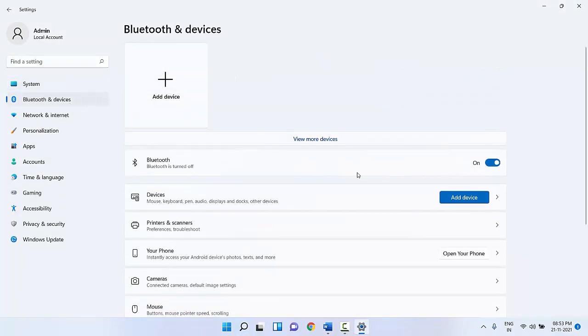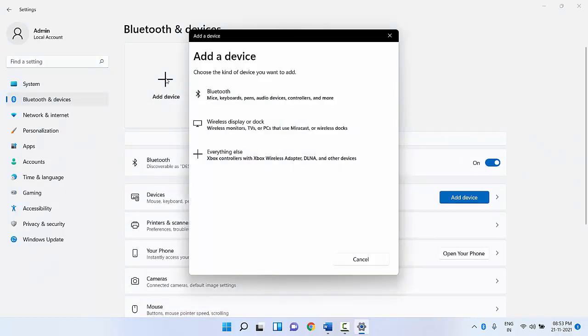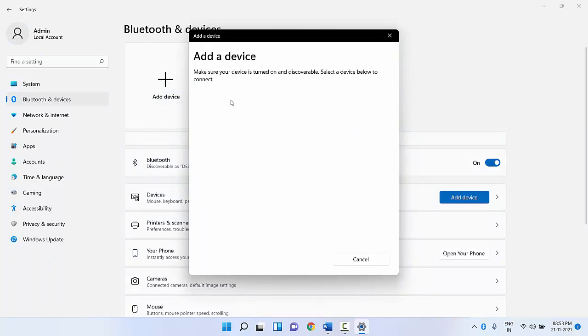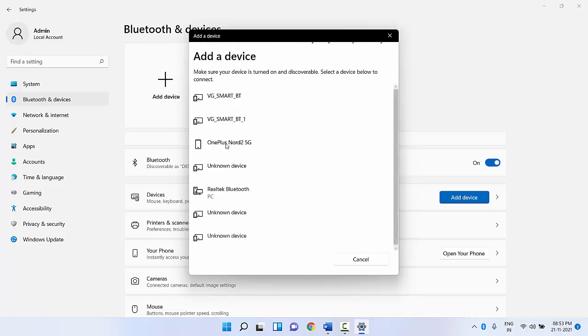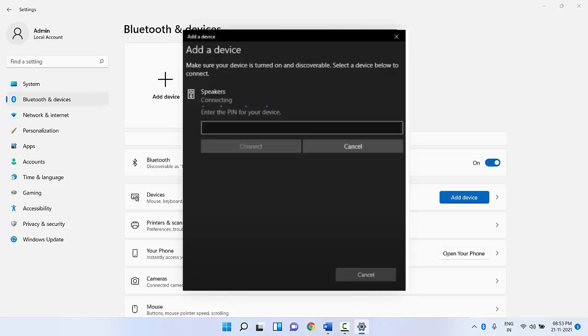Then turn on the Bluetooth, click on Add device and then click on Bluetooth, and here it will search for the available Bluetooth devices. Simply choose your Bluetooth and click to connect. If it asks for a password, then insert the password it shows in your device box. If you don't have any password, then try to type 0000. So type the four 0s and try to connect. If 0 does not work, then type 1 2 3 4 to connect the devices.